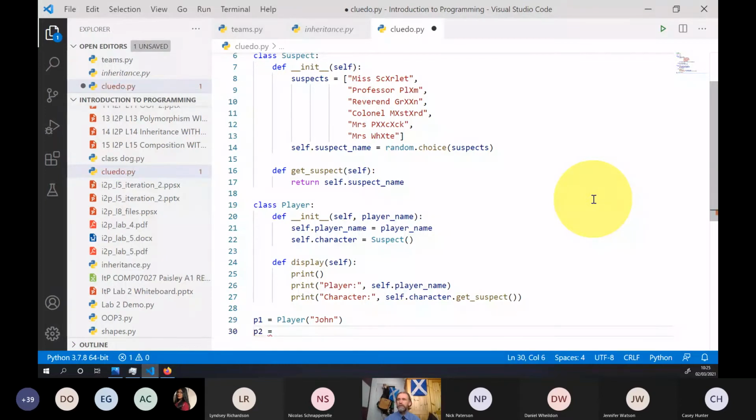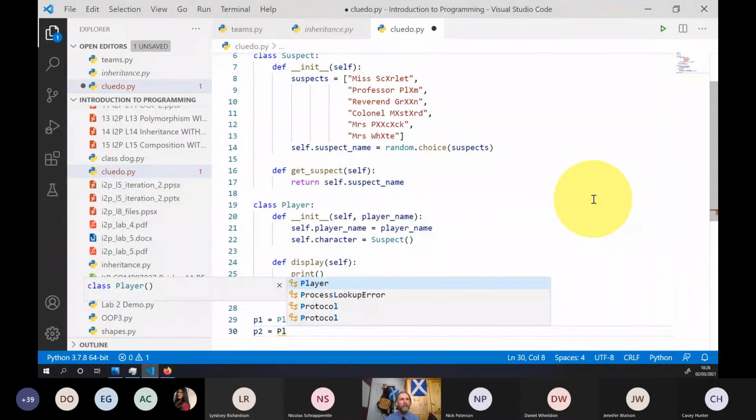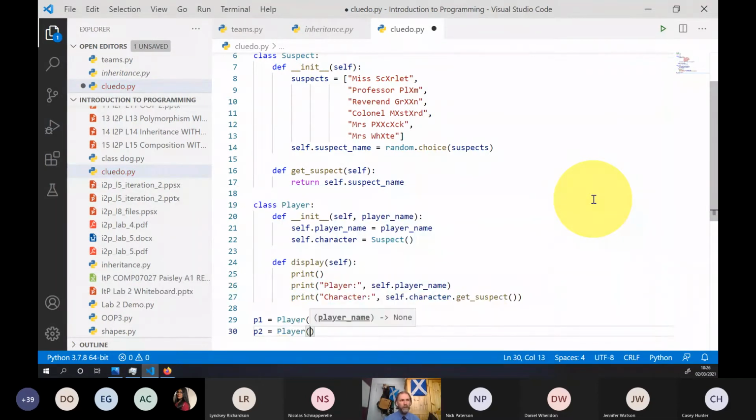Now this is where the code breaks down, because of course, if it was Cluedo, which it isn't, each player has to be a different suspect. So using just random wouldn't work. You'd need to do something that made it a unique suspect. But we'll not worry about that just now. And we'll set up a player, Eric.